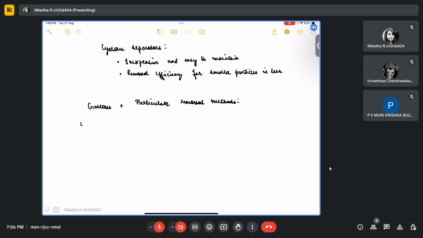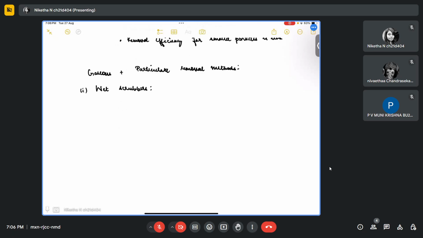The first method is using a wet scrubber. What happens in a wet scrubber is when you have a stream of gas containing particles,